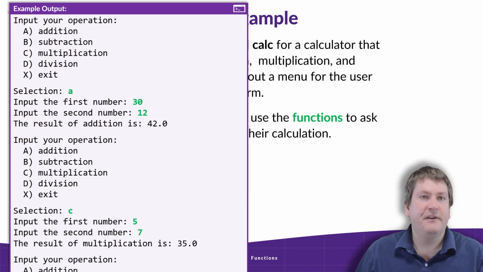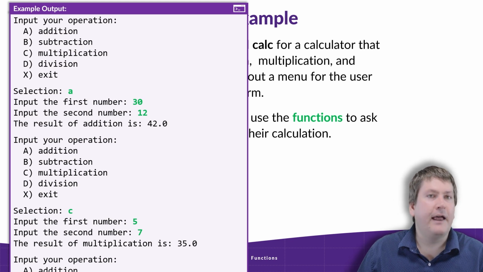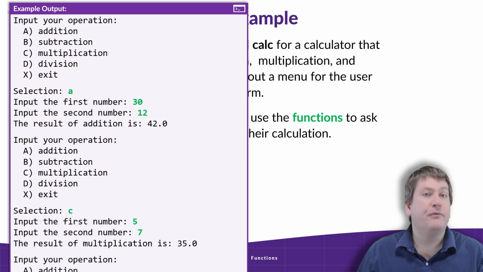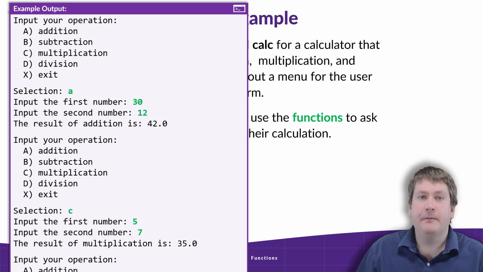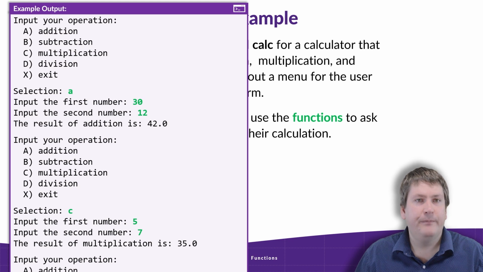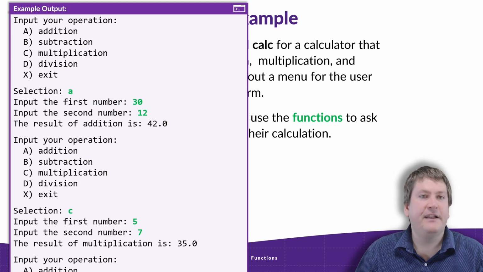We give the user a list of different operations they can select from, or X for exit. They input the letter for their selection, and then it asks us to input the numbers, and then it performs that operation. So in this first case, we're inputting 30 and 12, and it's adding them together because the user selected addition. In the second case, we can see that it immediately asks the user again for their input, and